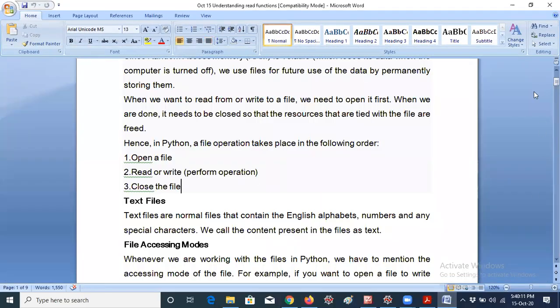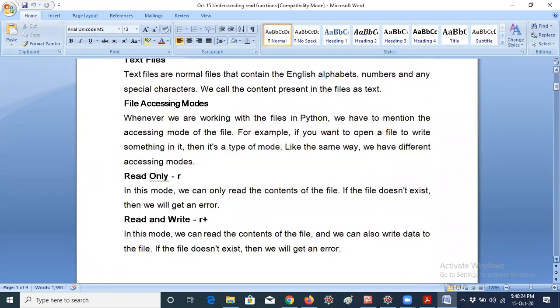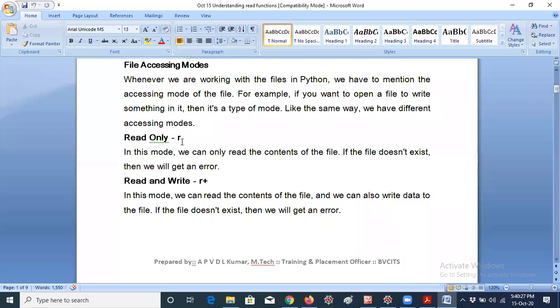So first, let me open this. You have to open the particular file name, and you have to open the file in either read mode or write mode. Then you have to close that operation. These are the various steps we have. In that class I have already discussed this, but let me open it again. We have the modes like r only for read, and r+ means read and write, so it will do both read and write operations.